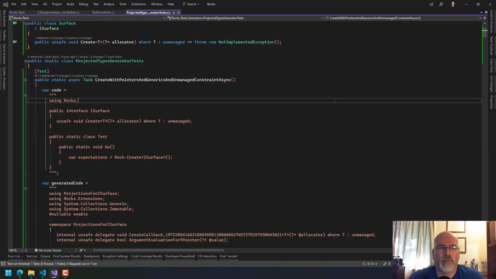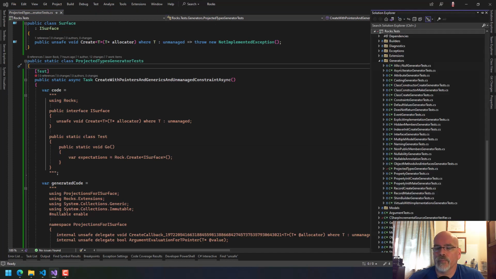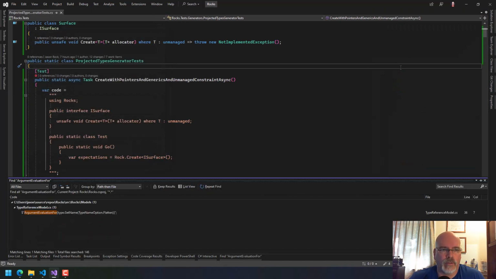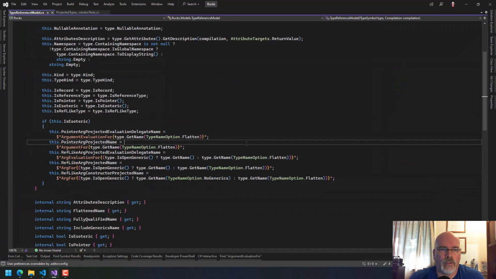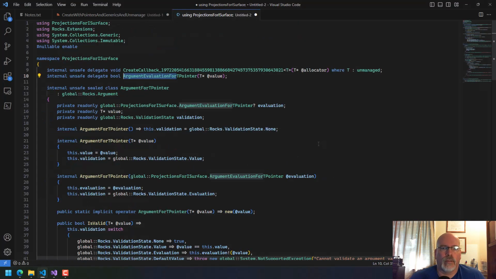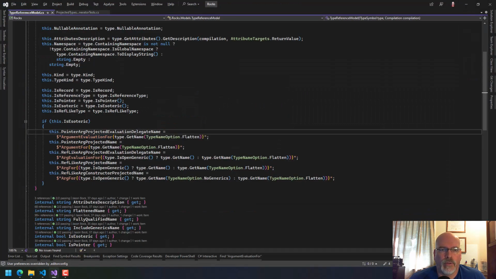So let's look for that. Let's close these off because we don't need these anymore. Okay. Let's come up here and let's look for that. So this is being done here. And this is on a type reference model. That's the only place we have that text anywhere. So this has got to be it. Okay. So the type that this is coming in for, we're going to flatten it. We're going to say T pointer. And then this,